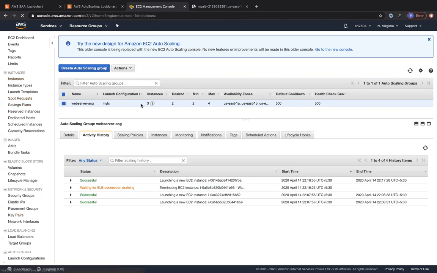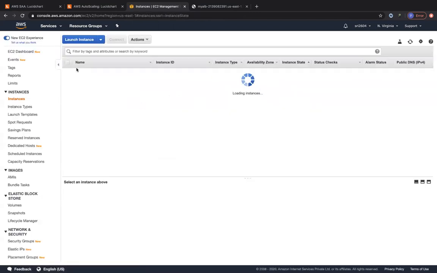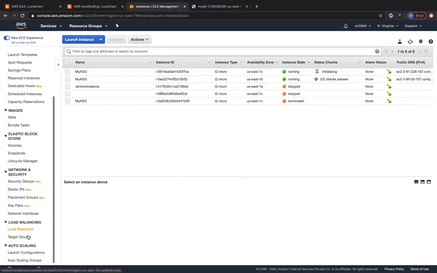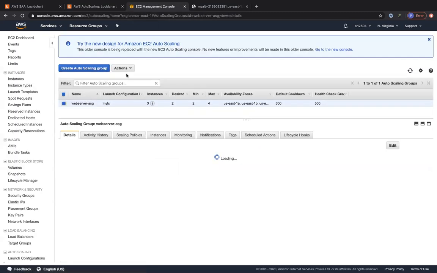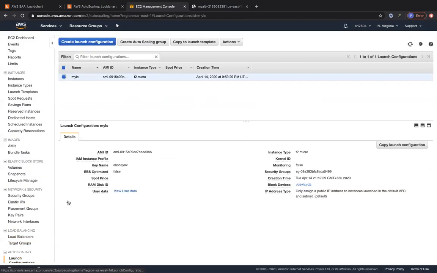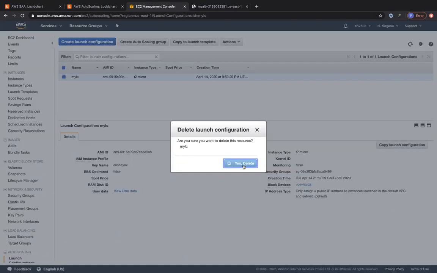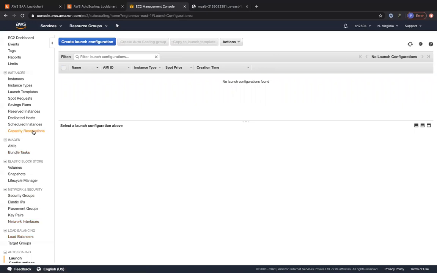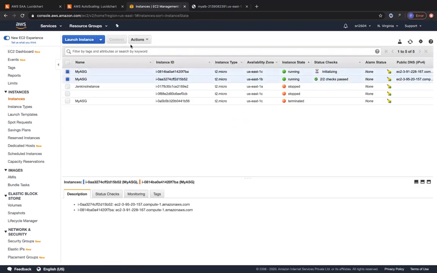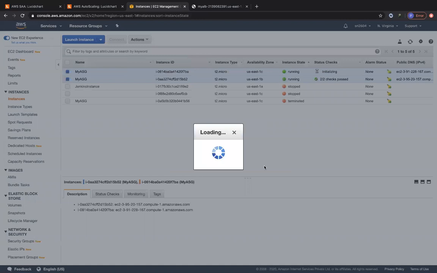One thing to remember always is don't try to delete your EC2 instances first and then terminate your infrastructure. To terminate your infrastructure, I would always suggest you delete the auto scaling group first. So let's go ahead and delete the auto scaling group first, and then delete our launch configuration second, and then delete our EC2 instances. Because if you don't delete the auto scaling group first, in the meantime it starts spawning new instances. So let's go ahead and delete the EC2 instances.